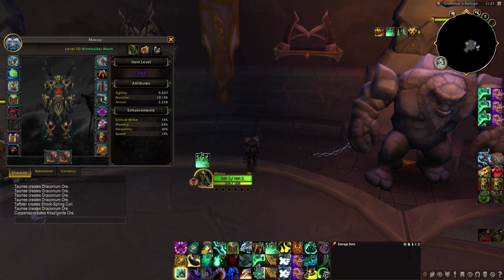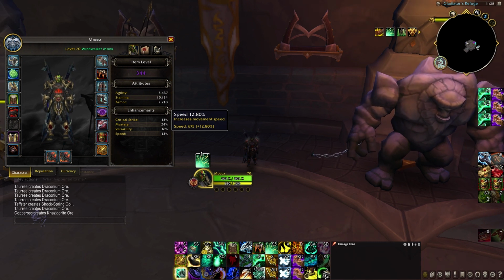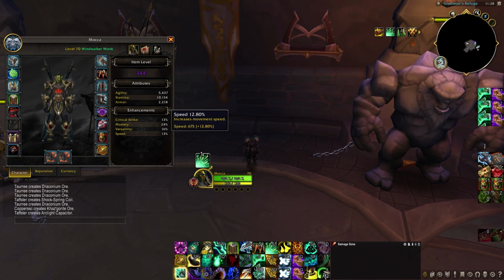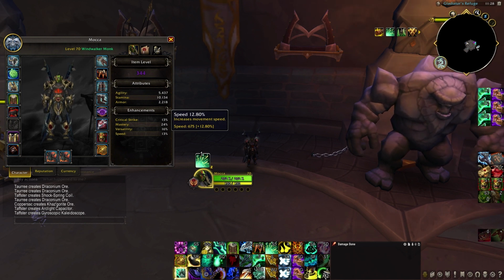And for enchants, I'm just using the speed enchants. I have seen people use avoidance, but I don't know what's the best. I'm just using speed because I like it. That's it. As for gear,